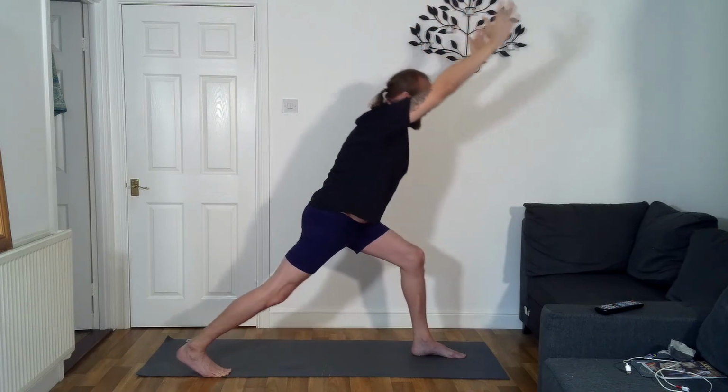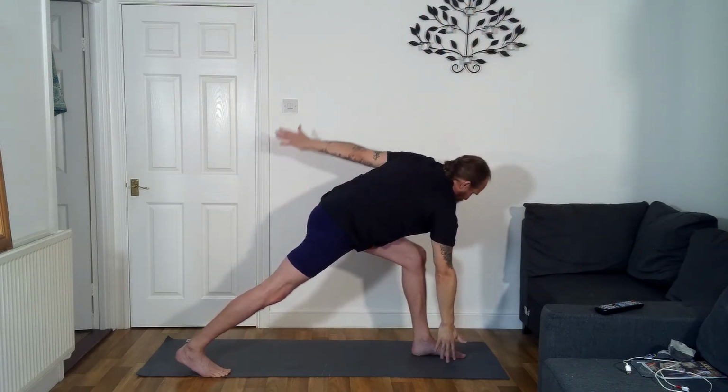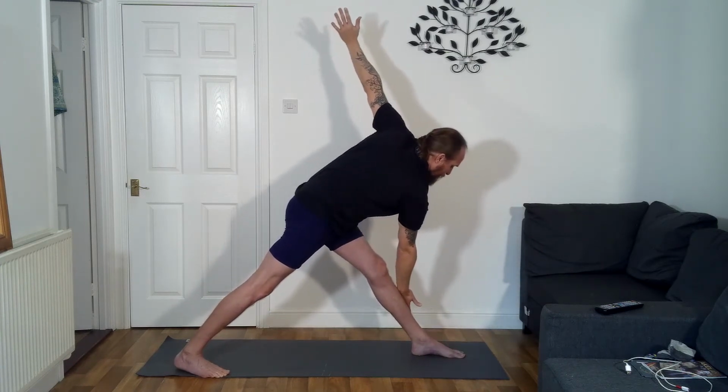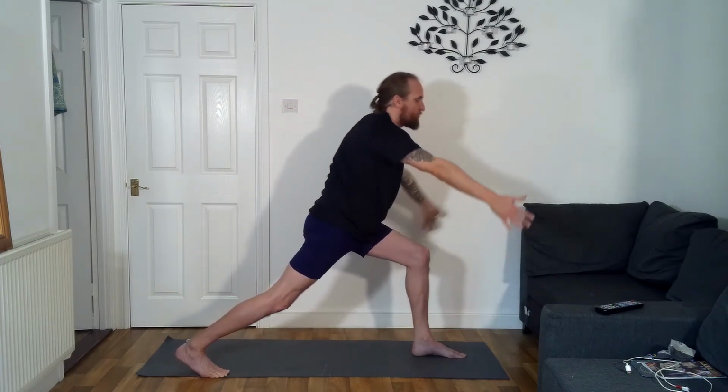your back leg, and we'll fold forwards, arms down. So the right arm stays down, circling the left arm round, straightening your left leg, right arm outside of left leg or onto the left leg, and then we come back up to lunge. So the left knee moves forwards as you raise up,